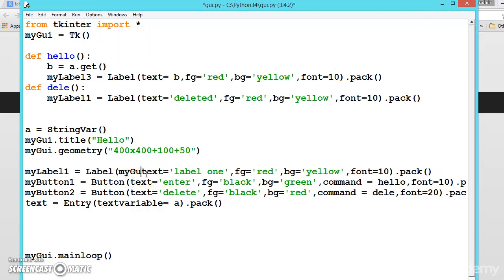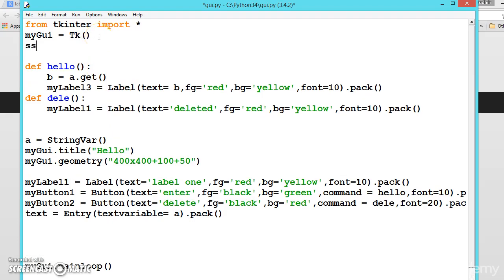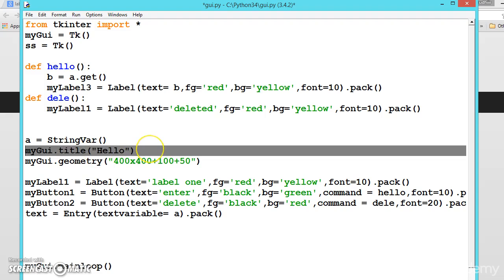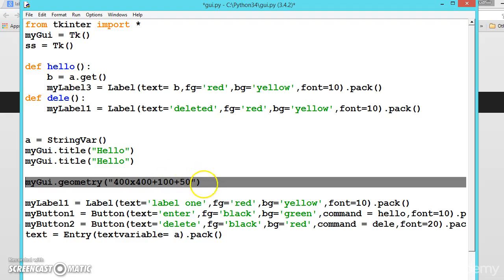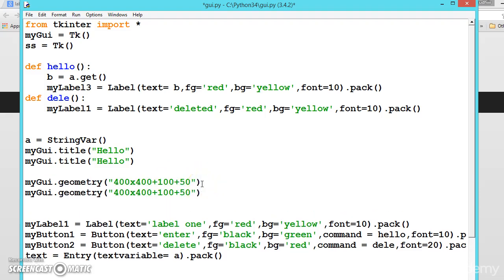So now let us create one more window and see the difference, and what is the use of passing this one. Let me delete this first one, and now let us create one more window. Let me copy this and paste it here. Let me copy this also and paste it here.